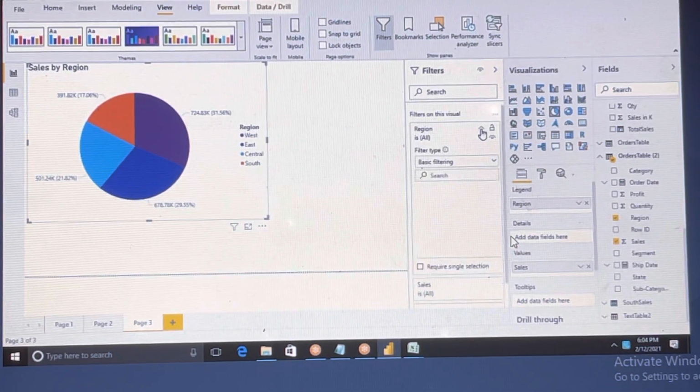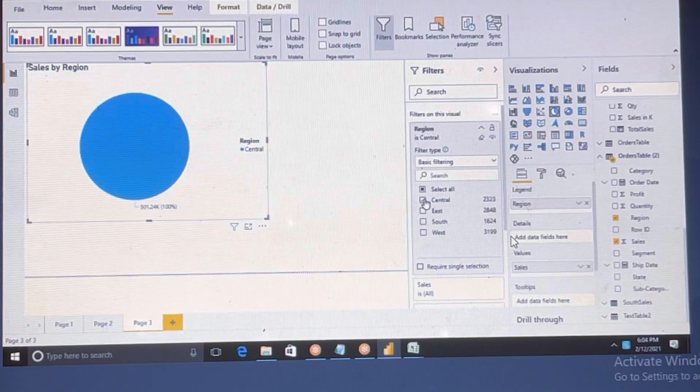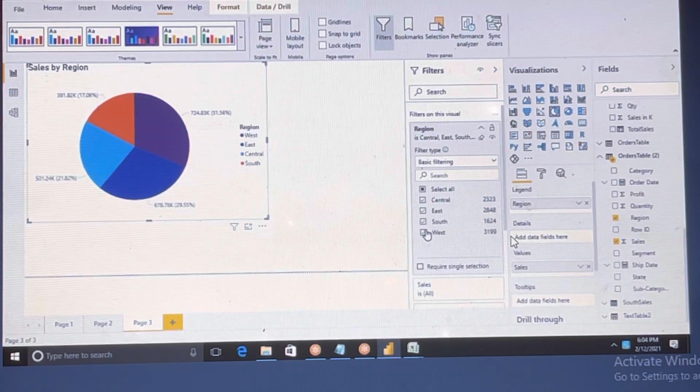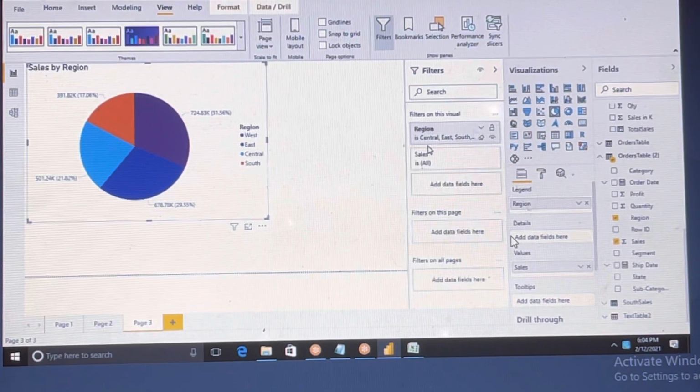You can also filter here itself. Select only central region, east, south, and you will get it. You can use the filters too. I can talk more about filters when I discuss that.